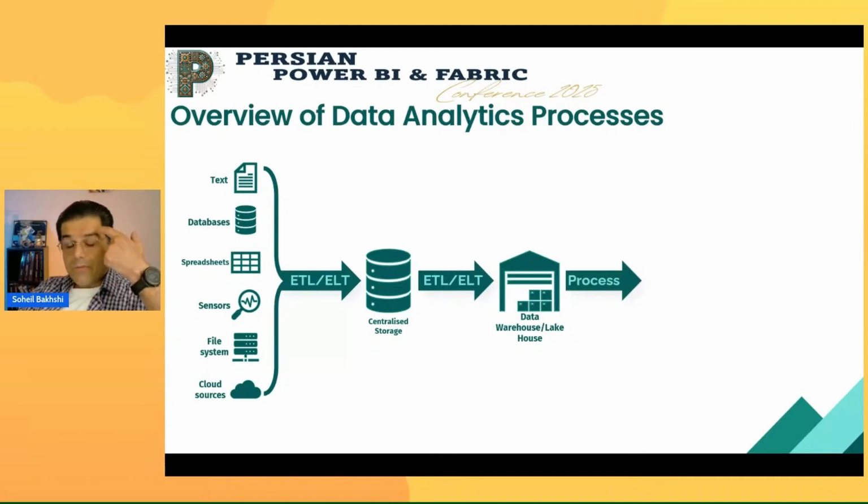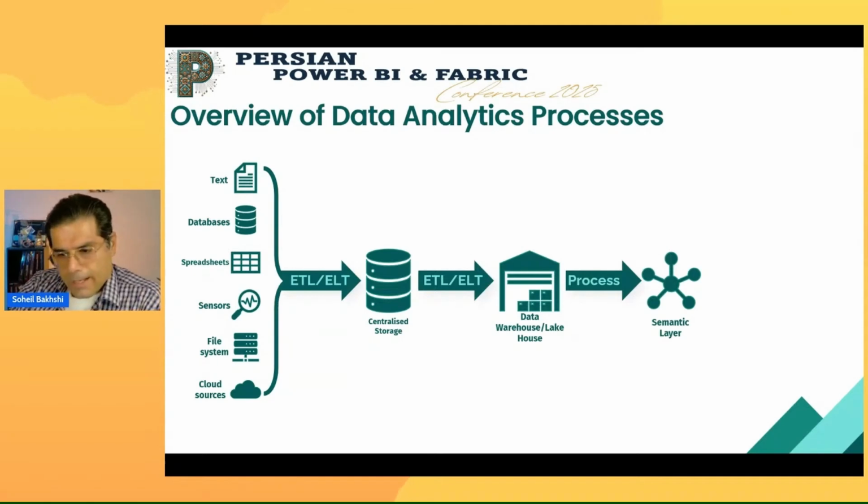And then in the next step, we usually process that data into semantic layers. Semantic layers usually do not keep the history of data, right? So they are definitely different from the warehouse, and the use cases are different. We process the data that is already optimized for analytics and reporting purposes in our warehouse, but we do not take the entire data into a semantic layer. We usually take just a portion of data for a duration of time into a semantic layer.